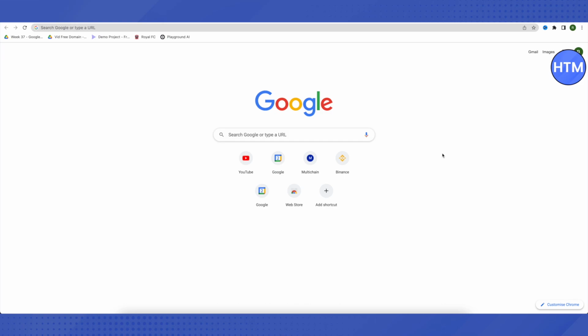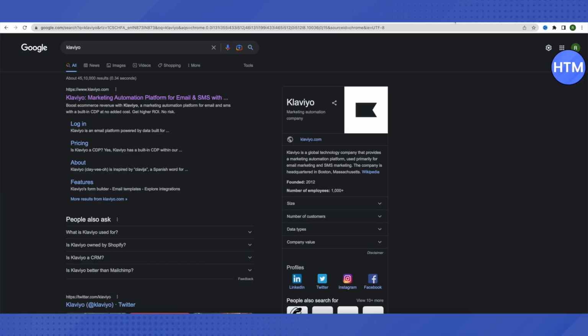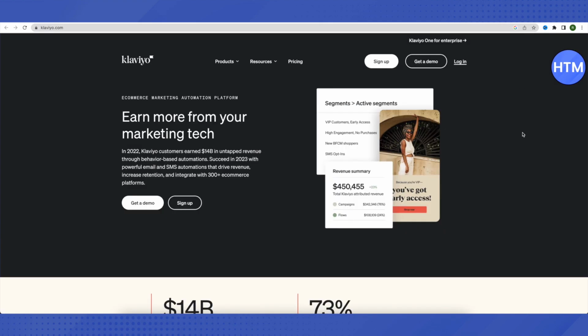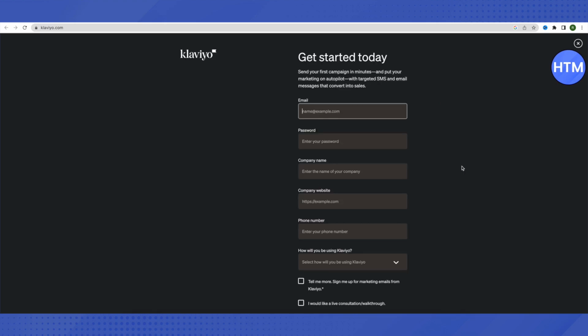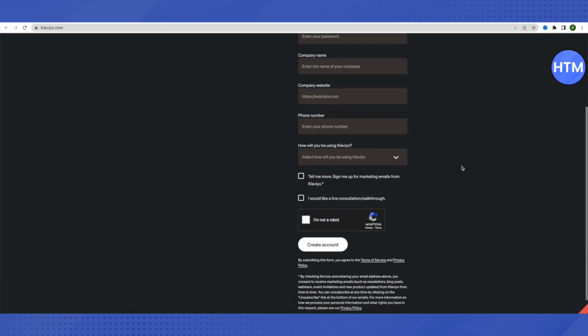For that you need to just open up your browser first and search for Klaviyo over here. After that, in the search results, just open up the very first link that you will see. Just open it up, and this is where it will lead you to. After that, you need to just sign up for a new account on Klaviyo. Just click on this option of sign up,